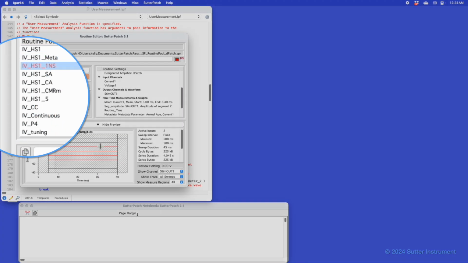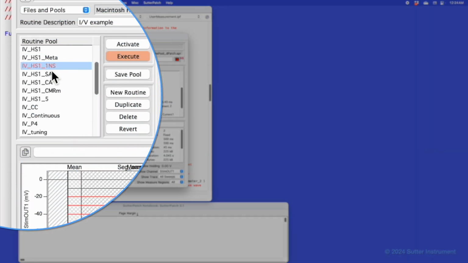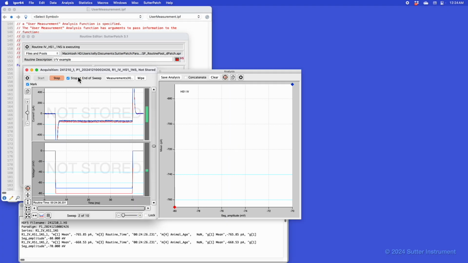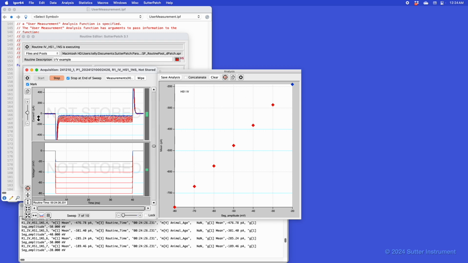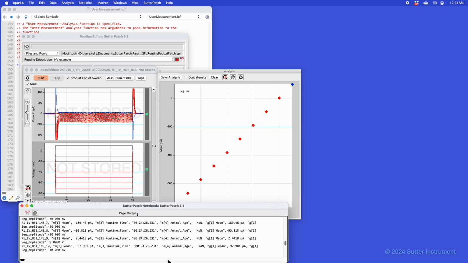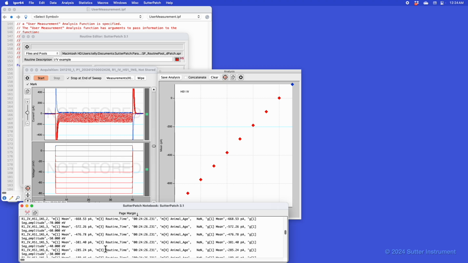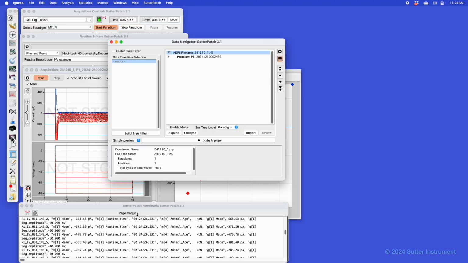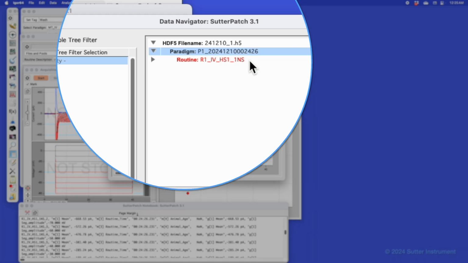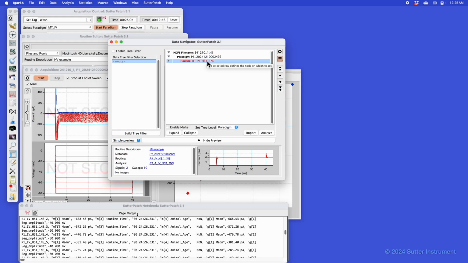First one, basically I took our IV routine, I modified it slightly, and I made it into a non-storing routine. When you execute it, it executes the same as any other routine, except you notice it says not stored in the background. Real-time measurements run, metadata is generated, and real-time analysis is also computed and shown. In this case, we had it set for the notebook, so it's all run. If you go look at the data navigator, you will see that there is an entry in there in red to indicate that this is a non-stored routine. It's here as a temporary placeholder.